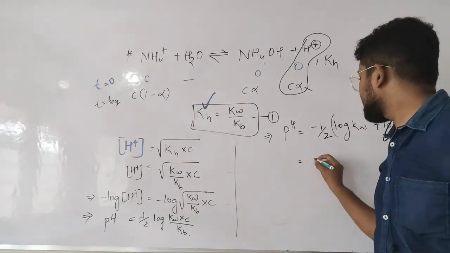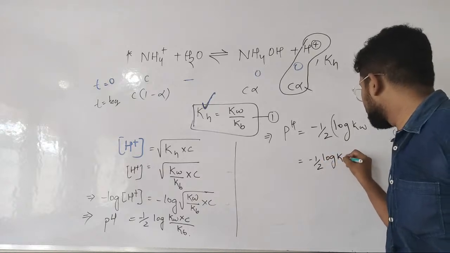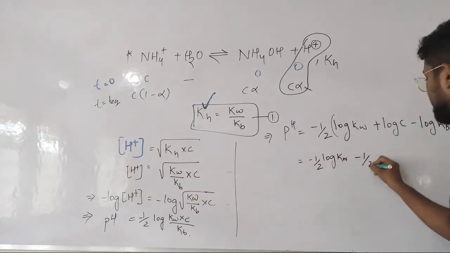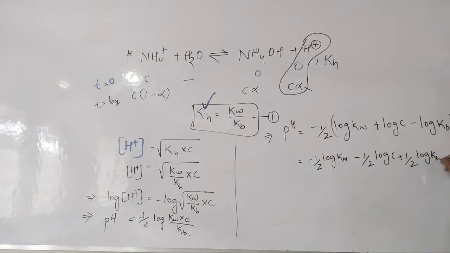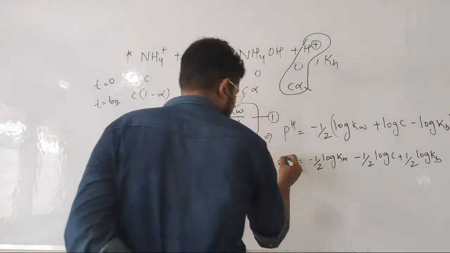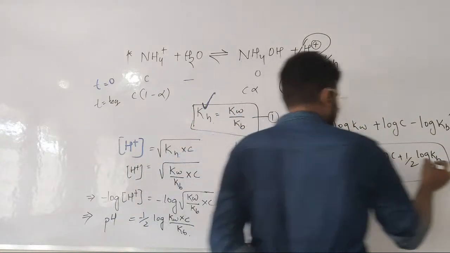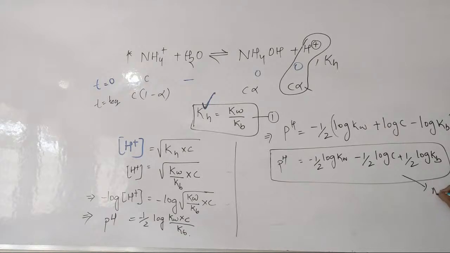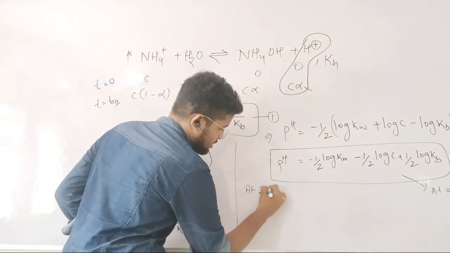So can I multiply this minus half? Minus half of log Kw minus half of log C will be plus half of log Kb. Right? So this is the pH formula at any temperature, at any temperature where the Kw value is not known. But at 25 degree centigrade,